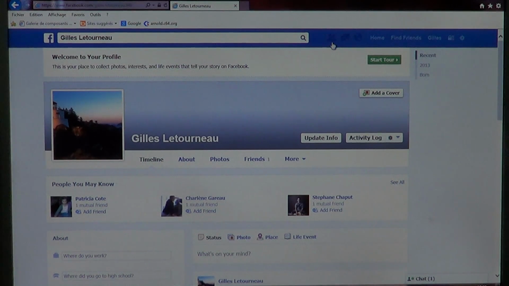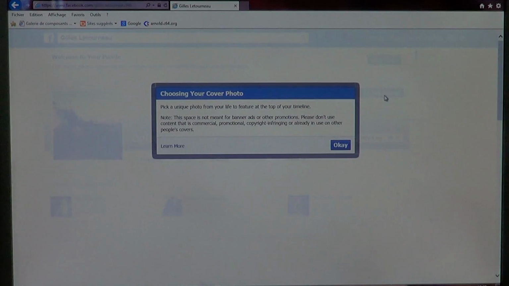And so that's basically the way you manage your account. You'll have activity. You'll always have that picture that you put when you started your account. You can add a cover page. You see here my picture, my name is on a dark, not like a gray, background. I can click add a cover, and there you